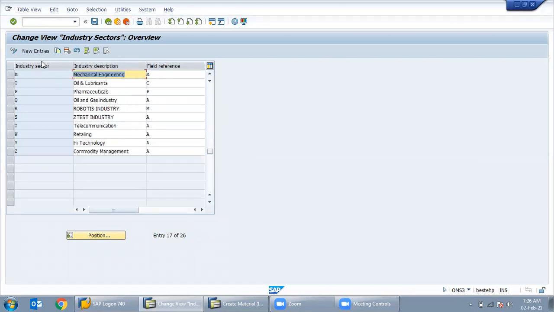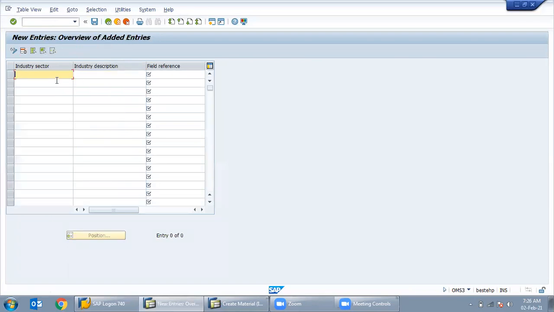You just go to new entries and give the industry type, like X. Industry type should be only one character. And description.